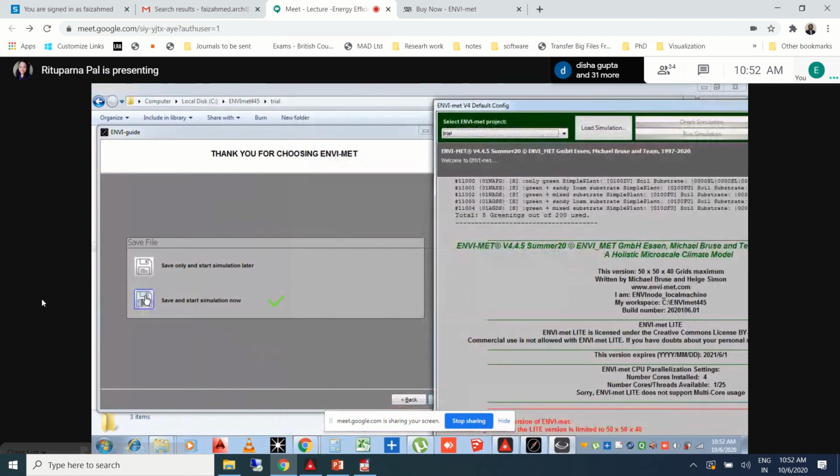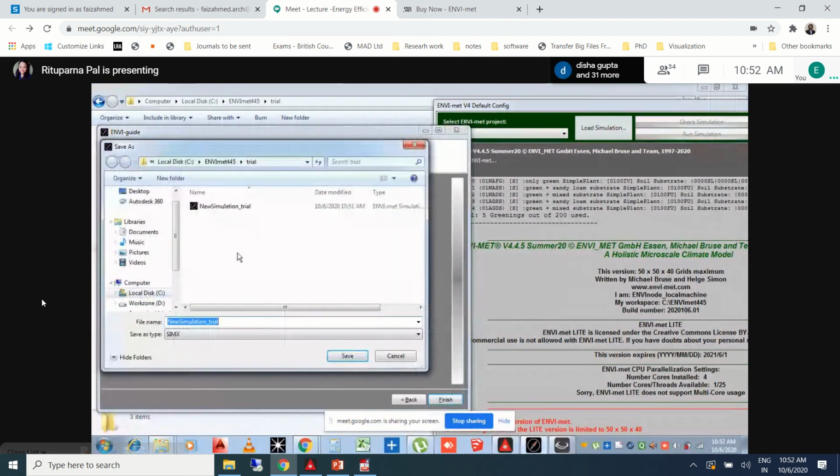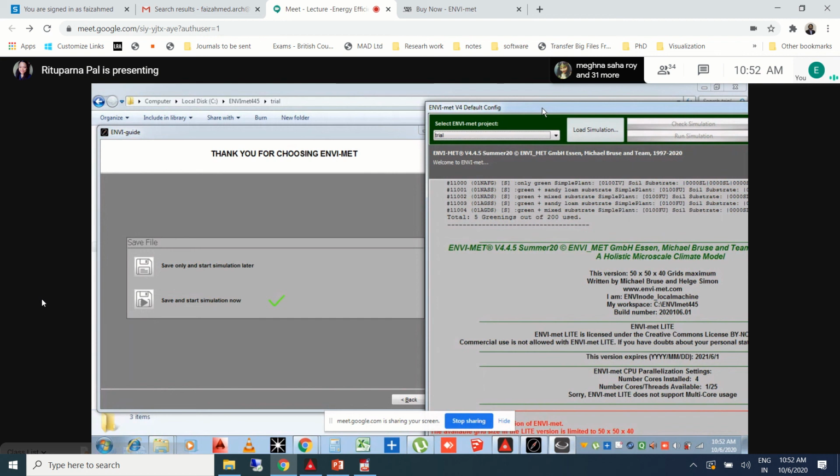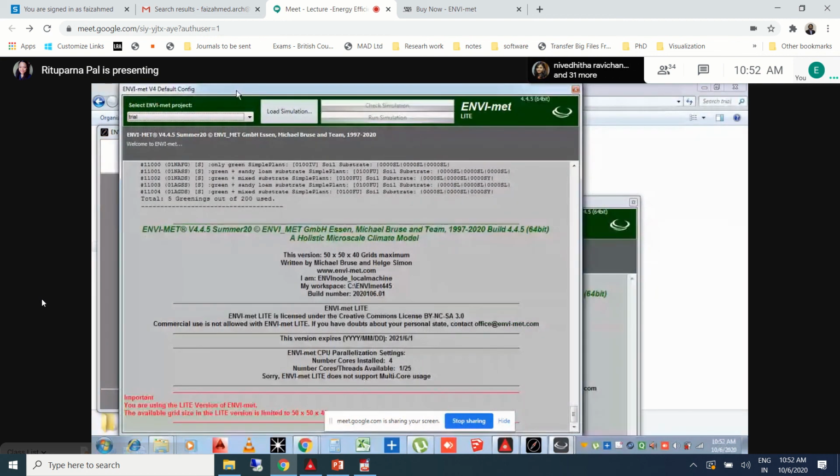When you click on this, you will have this new simulation trial, and you have to save it. Once saved, automatically a green tick will appear here. Okay, and once that appears, this dialog box will open automatically. We did not open anything from any toolbar.